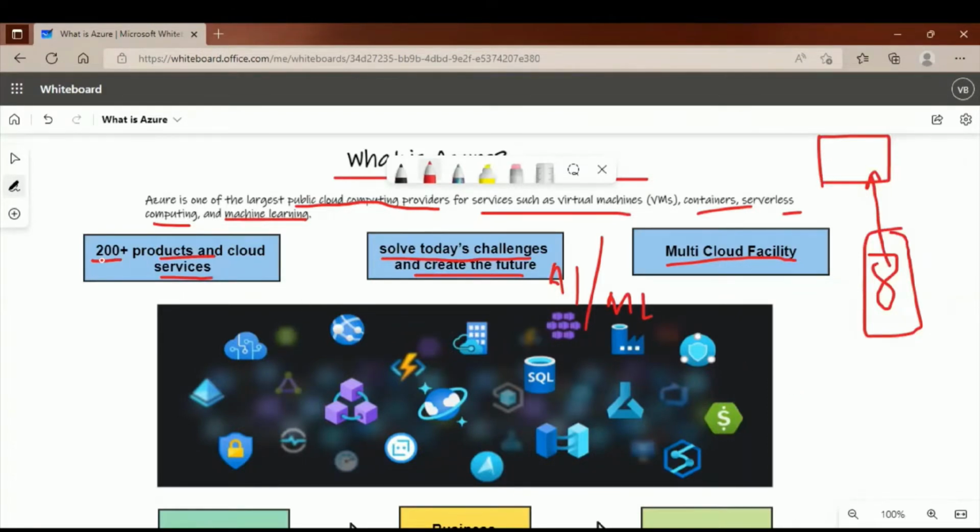As I mentioned, there are 200 plus cloud services, which include Azure Cognitive Services, and Azure Web App, which is used to deploy a website or app. The developer just brings the code and deploys it here, without worrying about the infrastructure and the criteria required to deploy. Then there are network security groups, Azure SQL Server database, and so many more, and Docker, containers, serverless computing, etc.